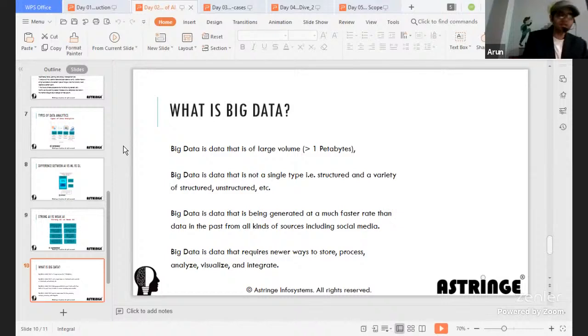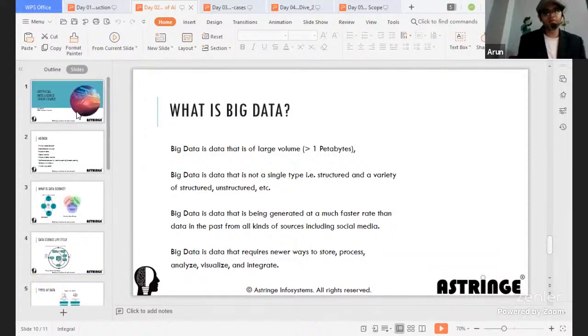However, we don't know. Will these be the only ways to generate data in the future? We may not know, right? In the future, probably there will be something very new that could lead to an even higher amount of data. Then how do we manage? The data has to be streamlined ultimately, and only then fed to an AI model. If not, there are chances that AI models may fail. Okay, so this is all about big data.